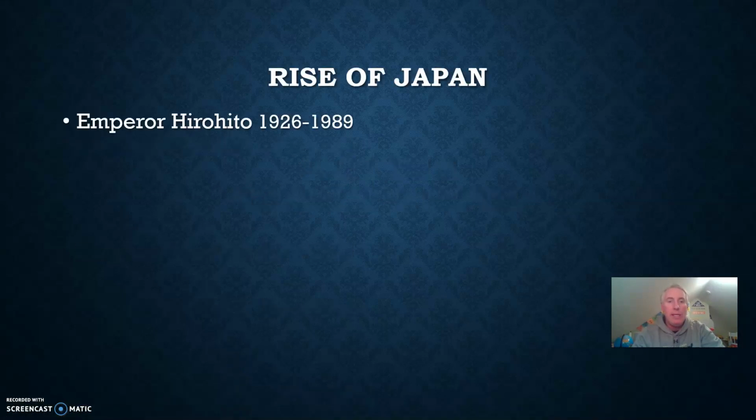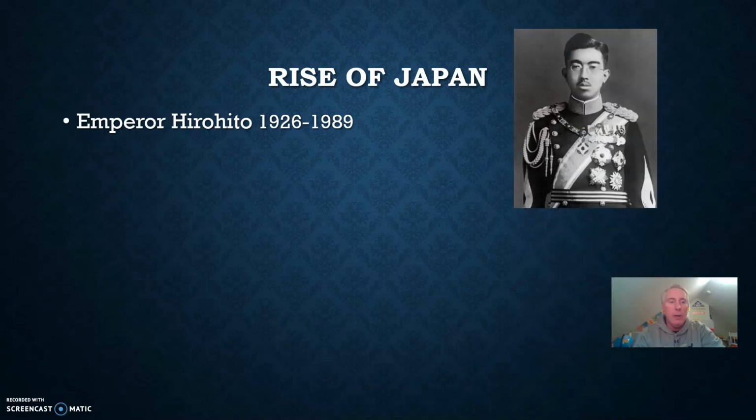In 1926, Emperor Hirohito took the throne. You can see that he ruled for a very long time, 63 years until his death in 1989. And during the early period, there's a picture of the emperor. Also notice the way that he's dressed, westernized, right? I'll show you a later picture of how he's wearing the traditional robes, but he looks very similar to kind of a British monarch or the German Kaiser with the military garb and so forth, right?